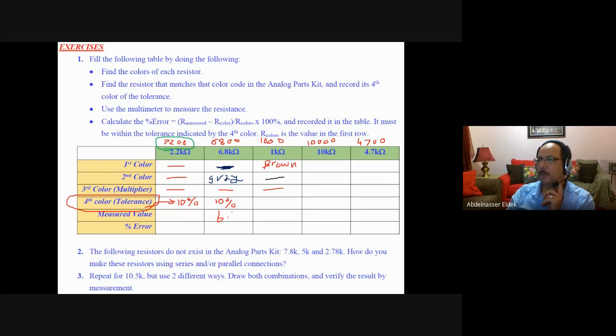So now what you need to do is to go and calculate the error. The percentage error equals this value here. So R measured is 6.8 kilo ohm, and the R by colors is 6.8 also. You divide it by R colors, which is 6.8, and then multiply by 100%. According to this, the error is 0. If I replace this one with the other one, like 2.2, for example,